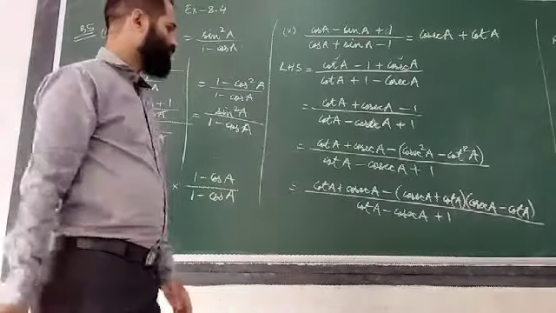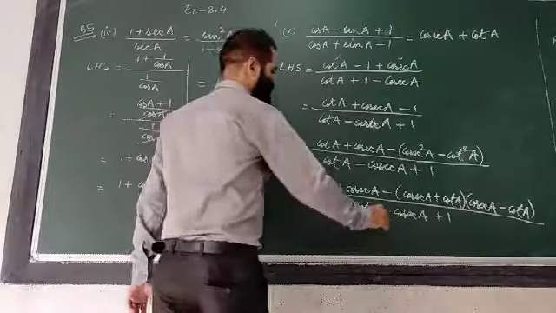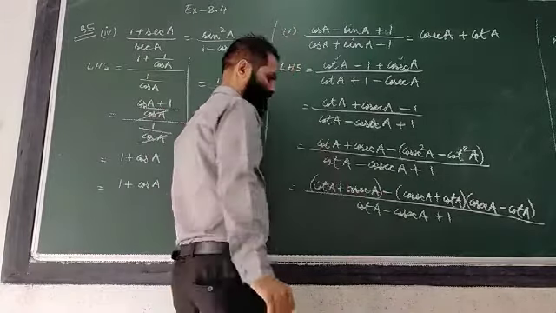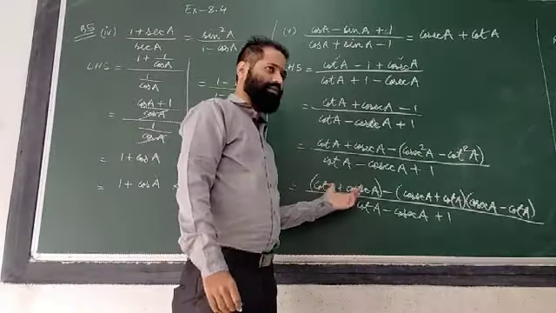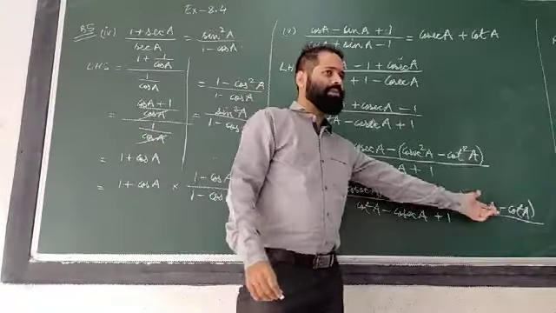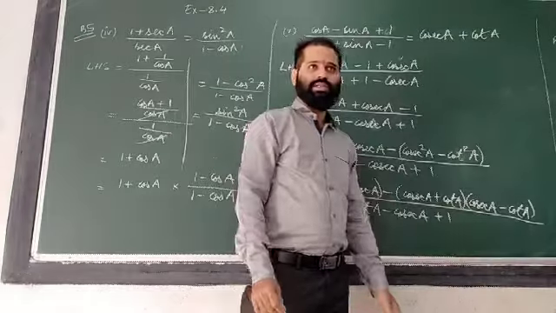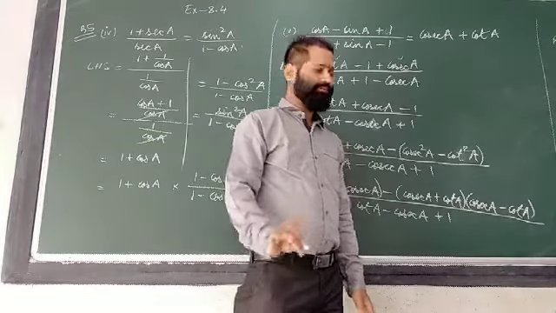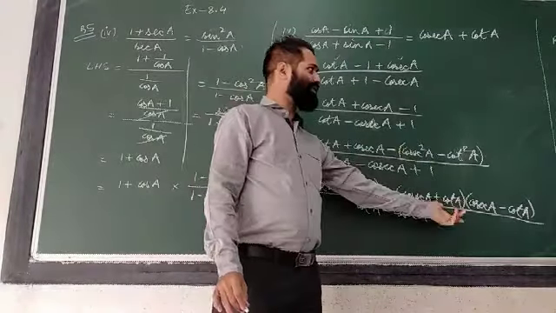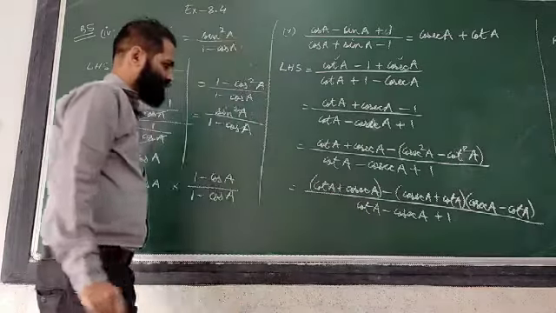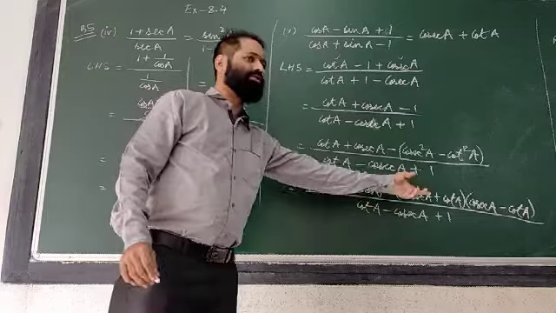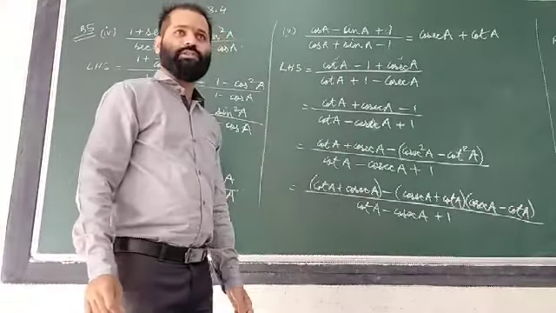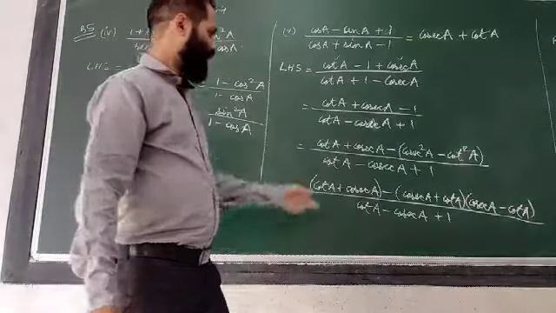Is it clear? Now what I will do, I take this together as a single number. And this is in multiplication, that means again this is a single number. Is it clear? Okay. Now this is a single number, this is a single number. Is there anything common? You can see that this is cot A plus cosec A and this is cosec A plus cot A. Same thing, 1 plus 2 or 2 plus 1. Correct? So I am taking common.